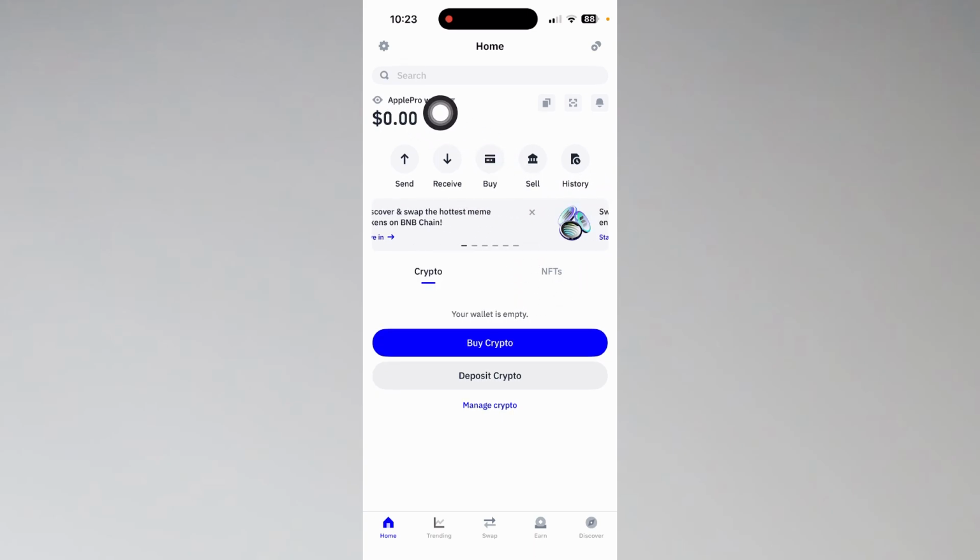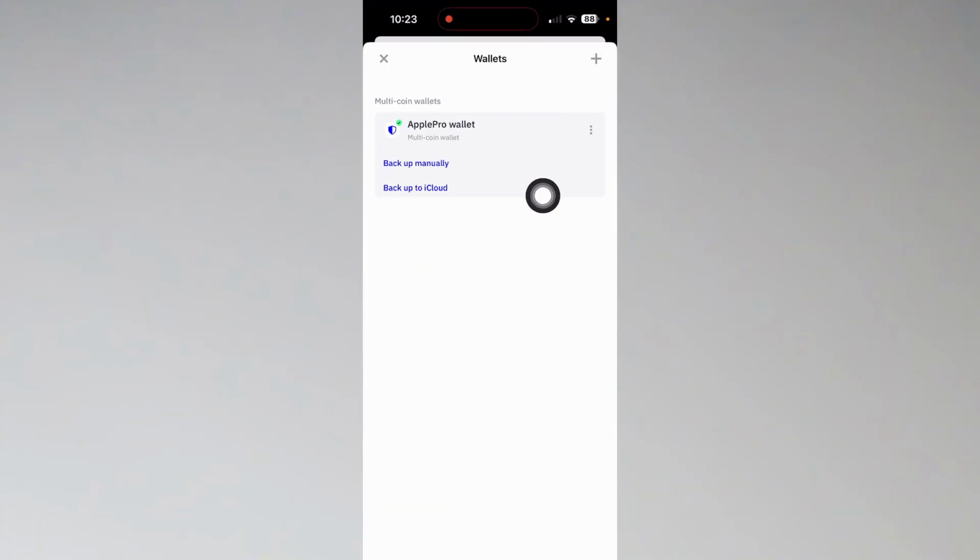Now you just need to tap on the account name with the drop down icon here, and here you'll find all the wallets in this pop-up tab. You'll find all the wallets listed here. So if you want to create another wallet or you want to use multiple wallets on the Trust Wallet, then